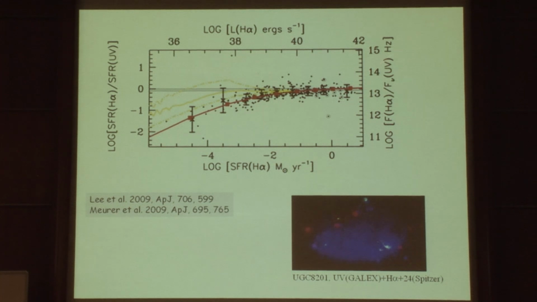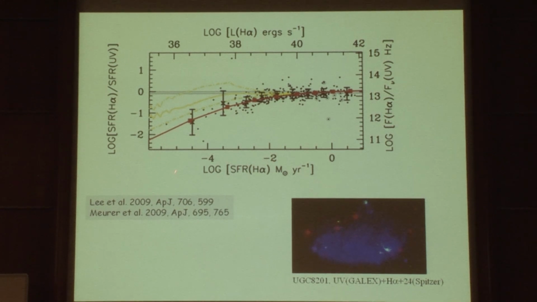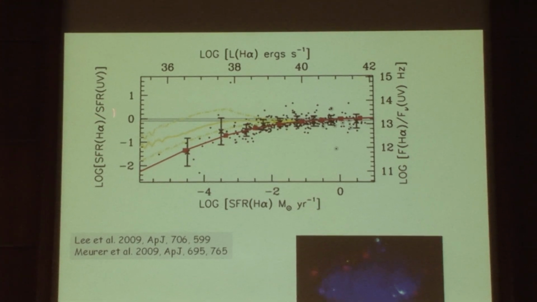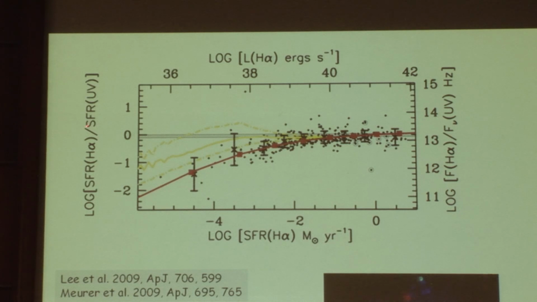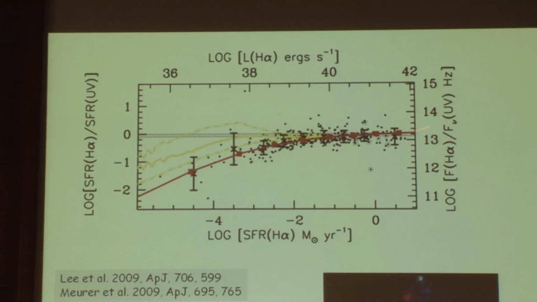This shows a comparison for those dwarf galaxies in the 11 megaparsec sample: the relationship between the ratio, if you measure the star formation rate using H-alpha and standard calibrations, and ultraviolet, corrected for dust, I believe, in both cases, in massive galaxies, and then plot that as a function of the star formation rate itself. You could, of course, plot either H-alpha or UV here. She's done H-alpha. In galaxies with high star formation rates, mostly massive galaxies, these two sets of calibrations give you